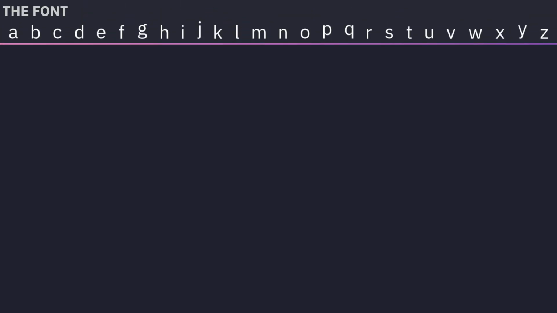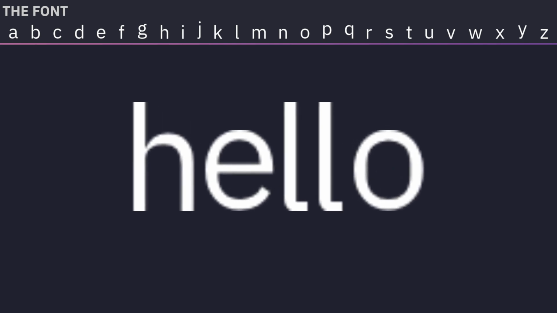Here's an idea. Do it like image files, just store the pixels each character consists of. This means it's really easy to draw, just copy and paste the pixels onto the screen. But raster images like these are very rigid. For one, you can't resize them very well. Making them smaller might look okay, but making them bigger is a great recipe for a blurry mess.